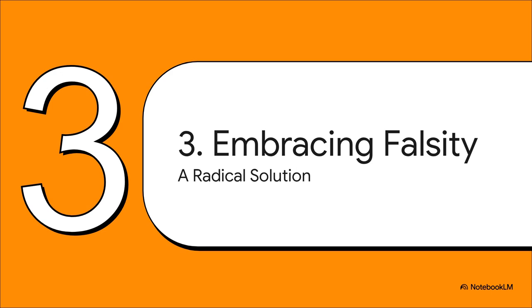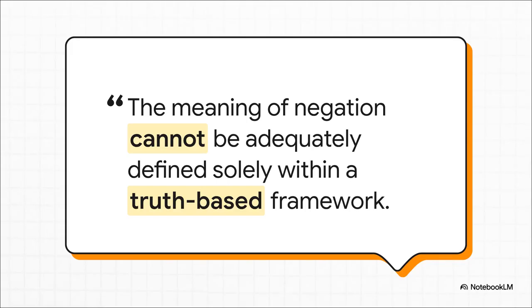How do we give the word not a proper home inside of logic? The solution, it turns out, is both incredibly elegant and totally radical. You have to stop focusing only on truth. This is where brilliant folks like the logician Niels Kurbis come in. He and others argued that you just can't properly define negation, the word not, if your entire system is built only on the idea of proving things to be true. It's a dead end. You need something else.